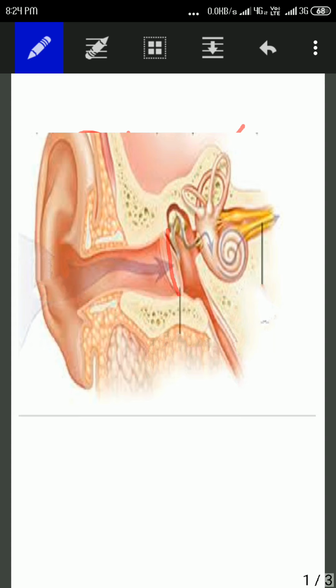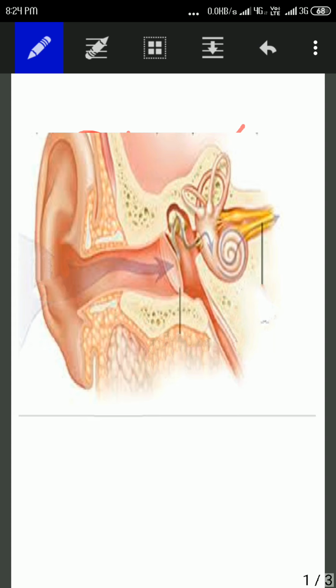Here is the tympanic membrane, which is in between the external ear and the middle ear. We can see some bones in the middle ear, and this we are going to discuss in detail later. This is the internal ear. In the internal ear we can see the cochlea. The cochlea has 2 and 3/4 turns,